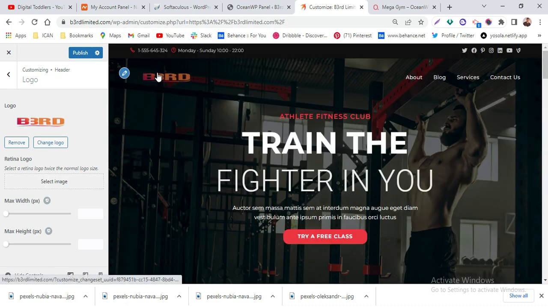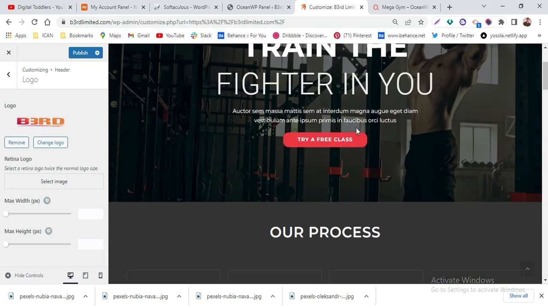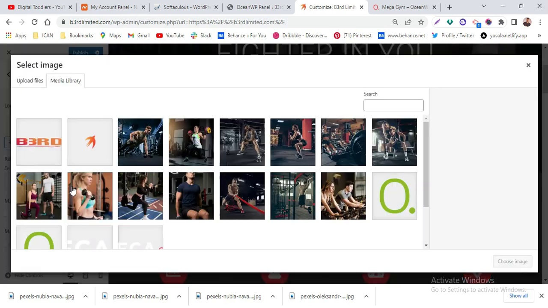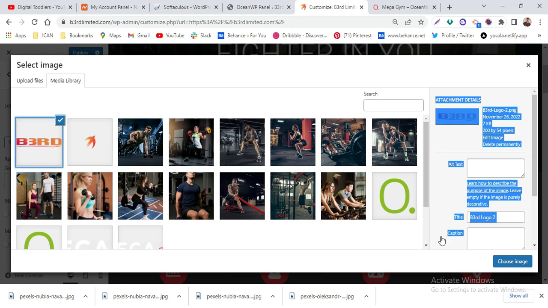Okay, as you can see, this is our logo. The color also matches the colors already on the website. We can also add a retina logo, so I'm going to add that too. Just click on select image, select that logo,